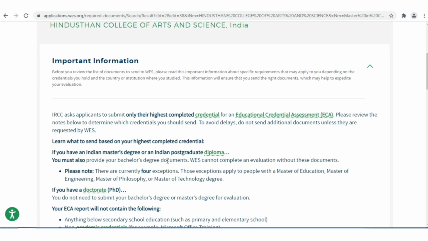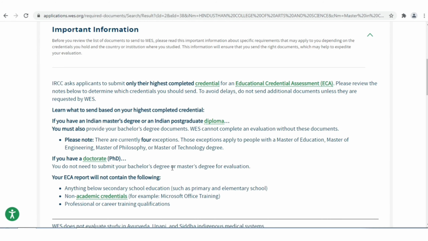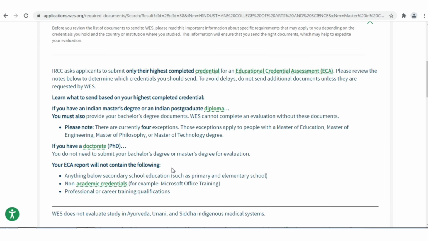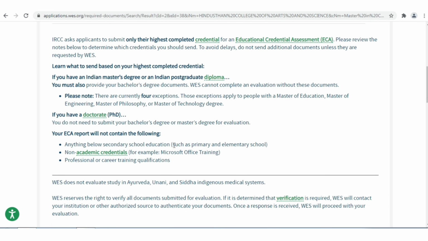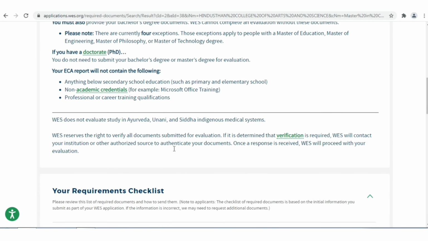You can see at the top, IRCC asked applicants to submit only their highest completed credential for an educational credential assessment. Okay, but for India, you must also provide your bachelor's degree documents and master's degree documents.